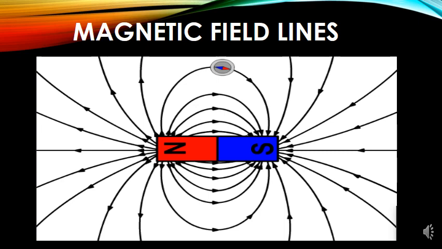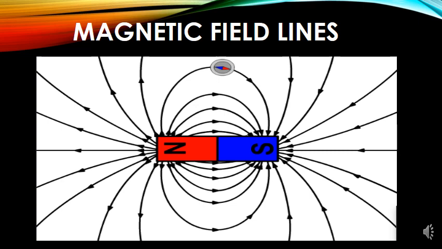A magnetic field is described by drawing the magnetic field lines. When a small north magnetic pole is placed in the magnetic field created by a magnet, it will experience a force. And if the north pole is free, it will move under the influence of the magnetic field. The path traced by the north magnetic pole free to move under the influence of a magnetic field is called a magnetic field line. So to say in simple words, the magnetic field lines are the lines drawn in a magnetic field along which a north magnetic pole would move. The magnetic field lines are also known as magnetic lines of force.